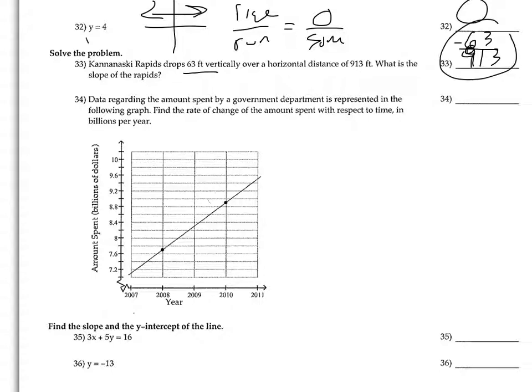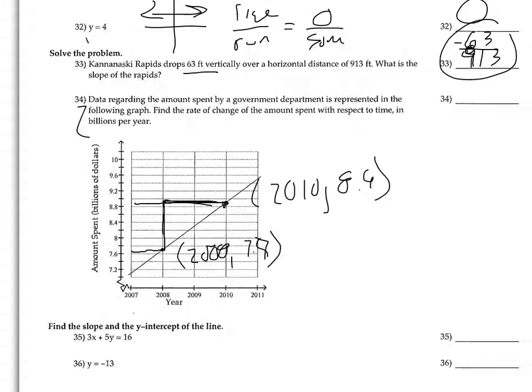Now, this right here, data regarding the amount spent by government departments is represented in the following graph. Find the rate of change, being slope here, of the amount spent with respect to time in billions of dollars per year. So we have some rise, we have some run. So we're going to think about what this is. Now with the rise, it looks like this is about 7.7. We could say this is 2008, 7.7. This ordered pair here, we could say that's 2010, and this is about